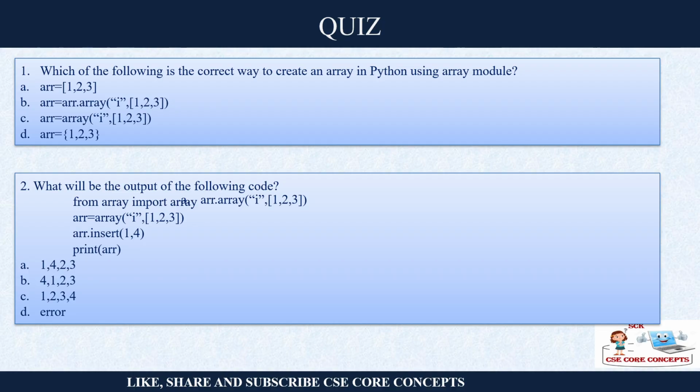So this is all about your array data types, and this is the quiz. You have to write to me in the comment section the answers. What is the correct way to write an array in Python if you are using the array module? There are various ways, right? So just check on which module. What will be the output of the following code? You have to consider this code. You are saying import array. Okay, you just remove this. Okay, import array. So this is an array which is created, and you are writing the code a.insert and print array.